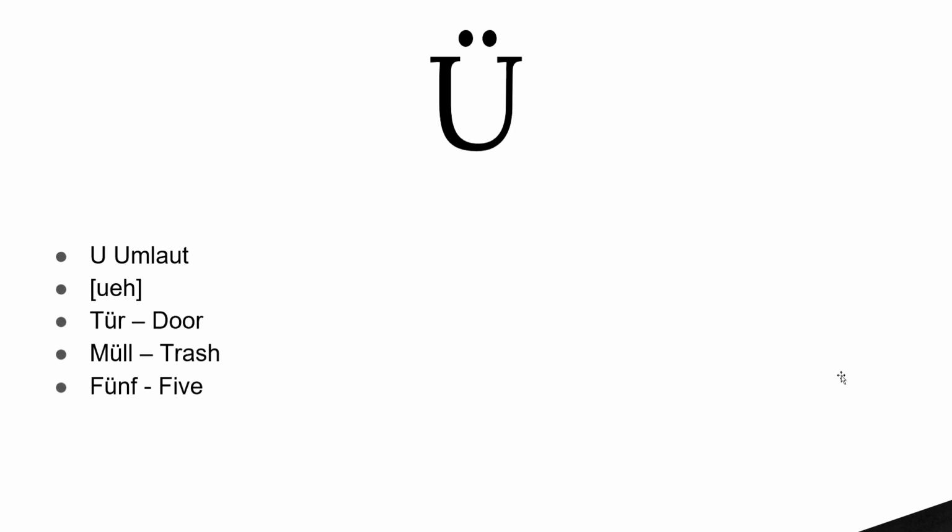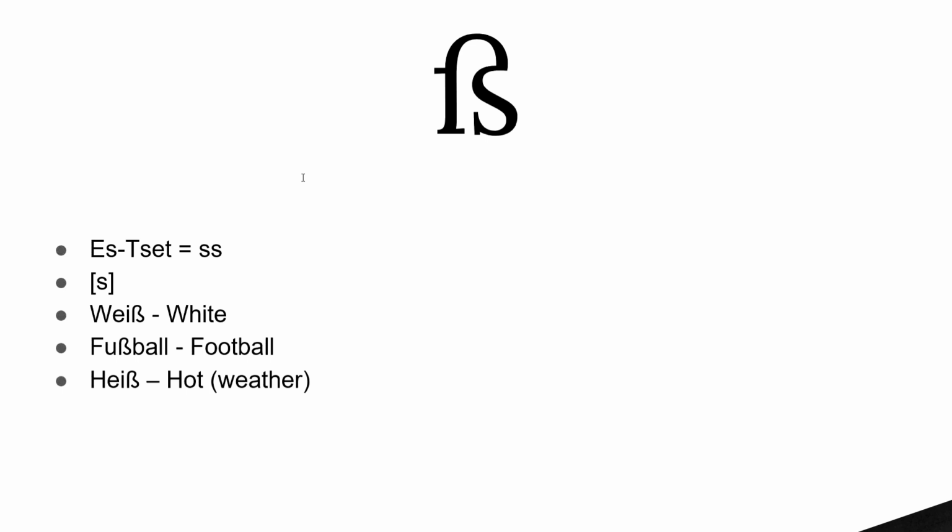Fünf means 5. So altogether we have Ä, Ö, Ü. The last letter we have that makes the German language really special is the letter Eszett,